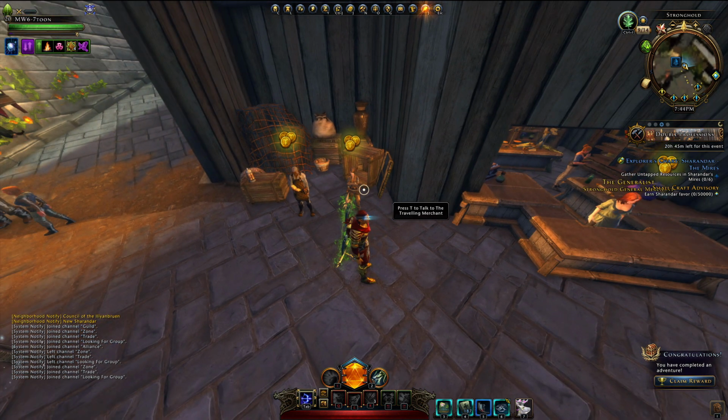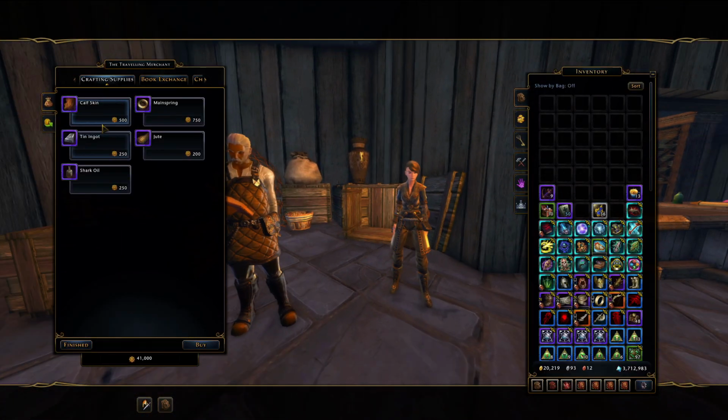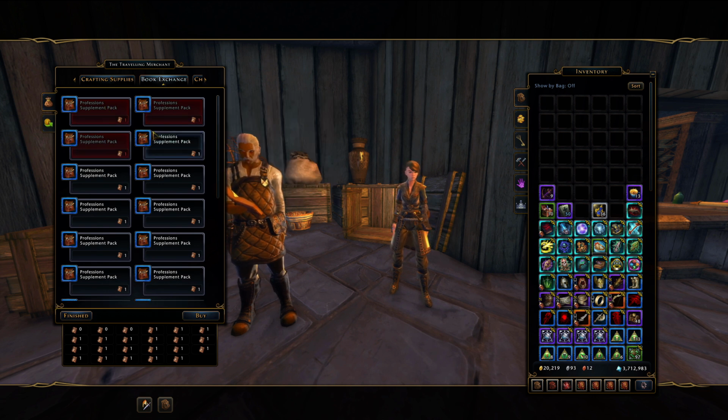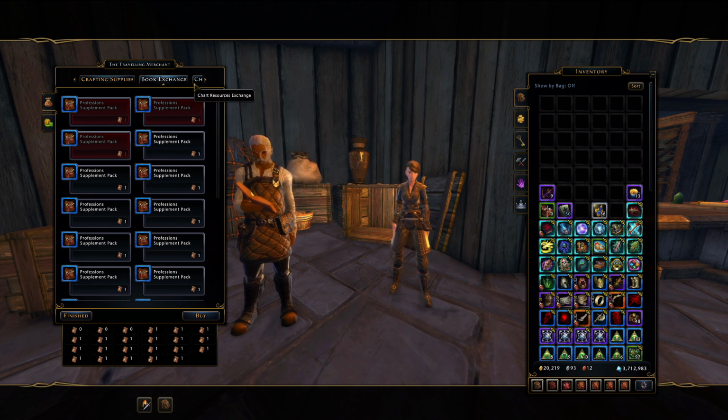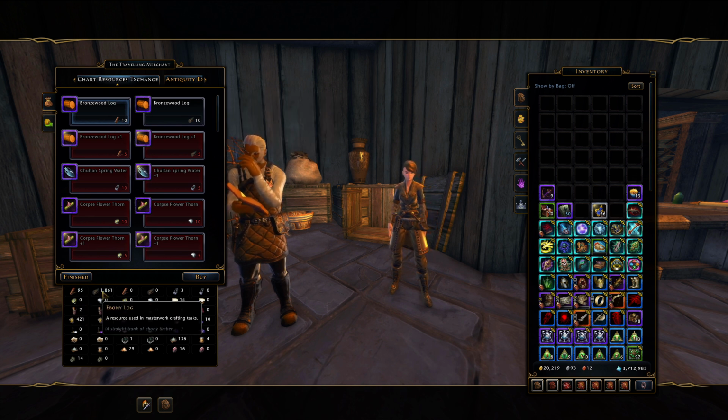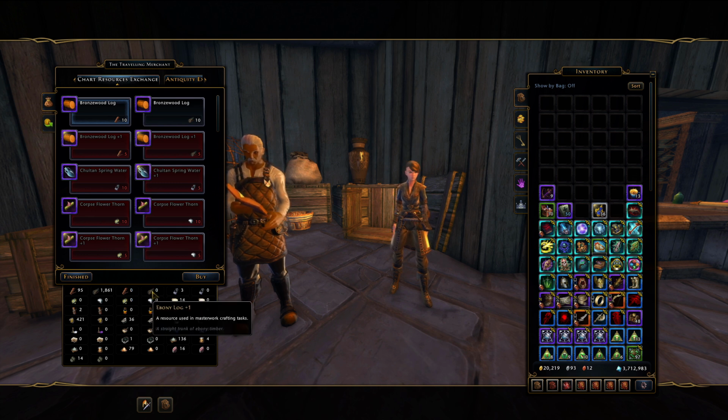And then we go to the traveling merchant. This is also very interesting. We still have the book exchange, which gives you supplements, which you cannot use anymore in recipes, but you can still use when crafting. But more interestingly, now we have an exchange for your chart resources. So these are the resources that you get as spruce logs, ebony log. These resources were the ones that you got on the charts that were removed. So now instead of having to put them in your coffer because there's nothing else you can do with them,